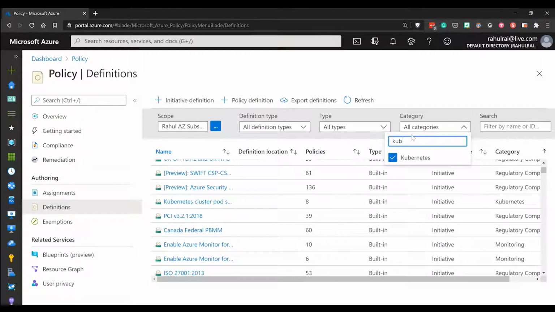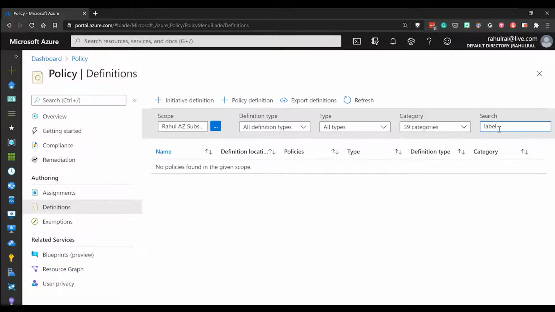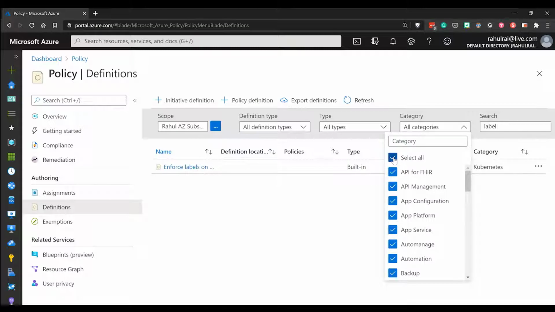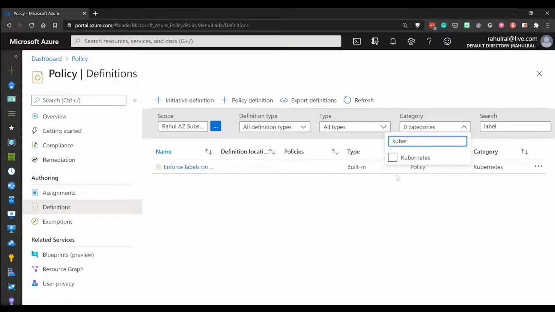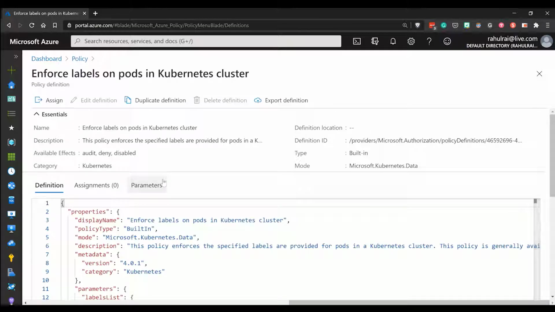So let's filter the list down by searching for Kubernetes and further by searching for label. By putting in these two constraints, you would be able to reach the policy that we want to apply.